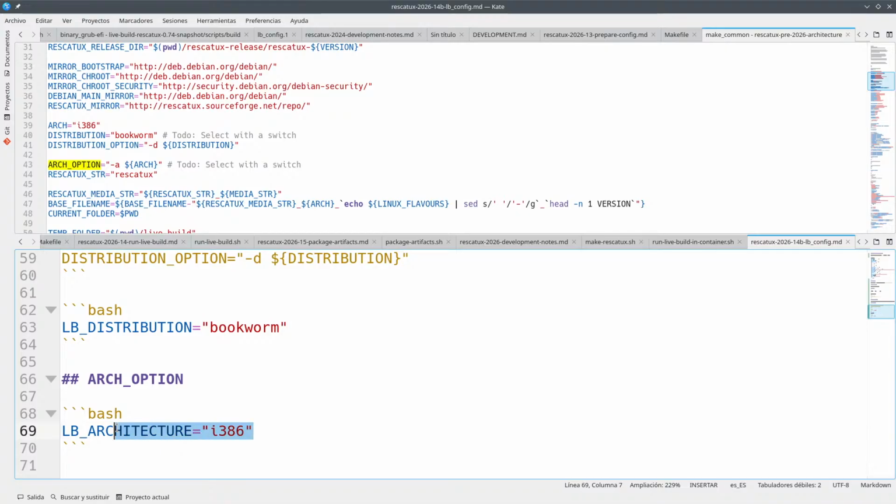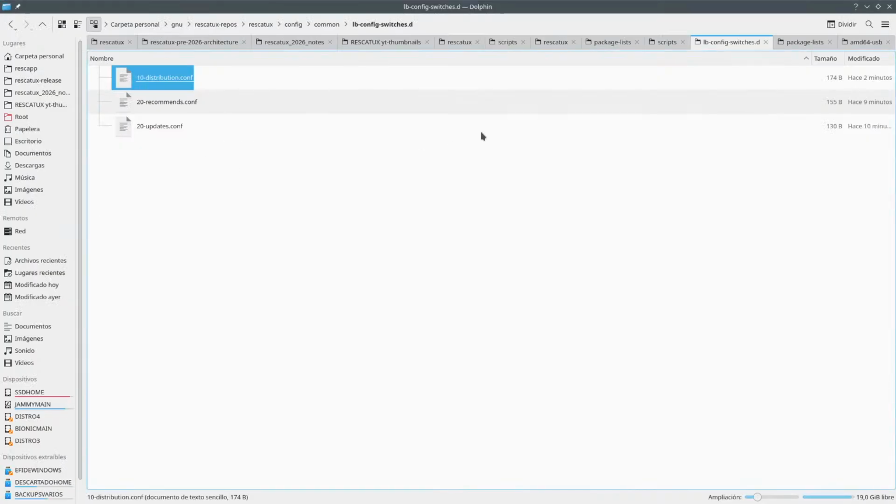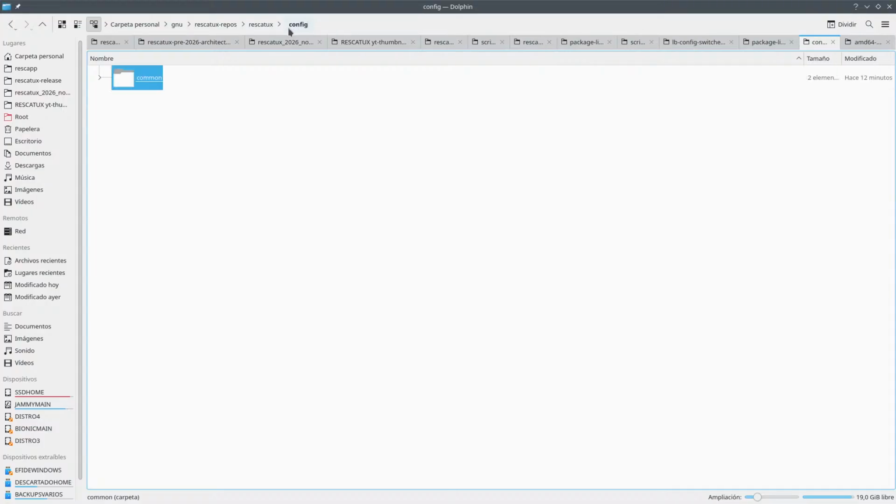So this is what I'm going to be using in here. So we have config common,